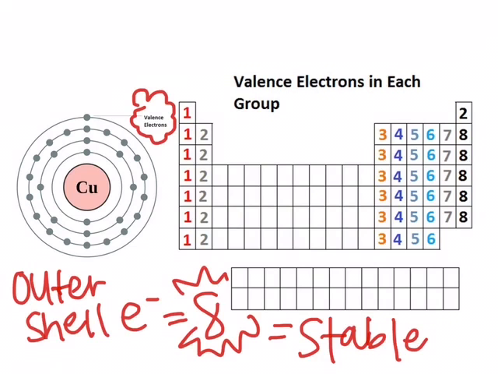So, important to notice also that the first shell can only have 2 electrons. If it has 2, then it's full. Every other shell, though, can have 8. So 1, 2, 3, 4, 5, 6, 7, 8. The more protons an atom has, the more shells of electrons it has, because remember, the number of protons equals the number of electrons. This atom here has 1, 2, 3, 4 shells of electrons, and in its outermost shell,